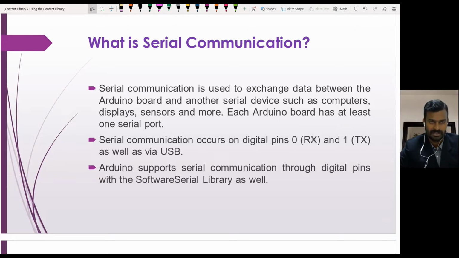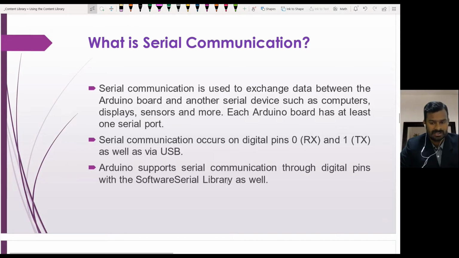energy sensors. Okay, so PZEM-004T, yeah, that sensor has this RX TX. Likewise, many sensors have this RX TX, and GSM modules. So when you want to communicate with these modules with Arduino, we can connect these pins. And if you have more devices, like you have one GSM module, one Wi-Fi module, and then we have one PZEM-004T, so that when we have many devices, we can use software serial also, which is possible.